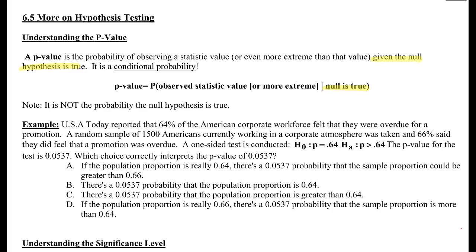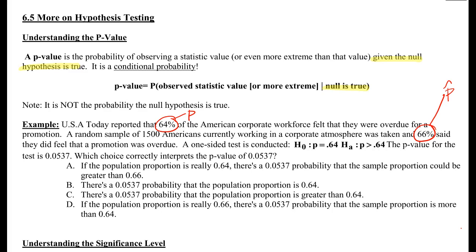But either way, we're told that USA Today reported 64% of the American workforce felt they were overdue for promotion. In a random sample of 1,500 Americans, 66% said they felt they were overdue for promotion. So this is our sample proportion. It's in the same sentence as my sample size. And then we conducted a one-sided hypothesis test. Is the report by USA Today correct, or do we actually have a value larger than that, which would be indicated by our sample? So this was done, and a p-value was found to be